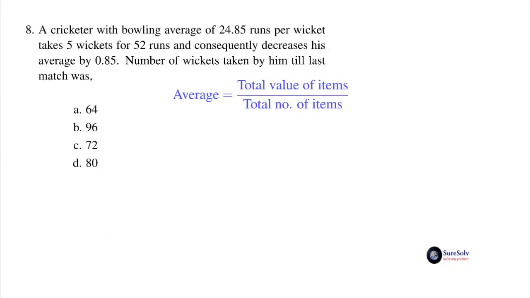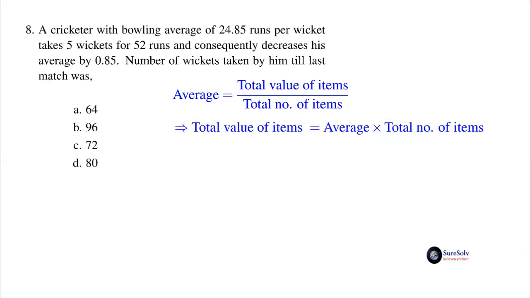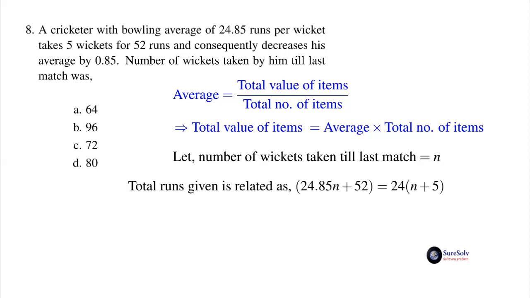Average of values of a number of items is given by total value of the items divided by the total number of items. So the total value of the items is the product of the total number of items and their average. Let n be the number of wickets taken till last match. So total runs given after the final match is expressed in two ways as